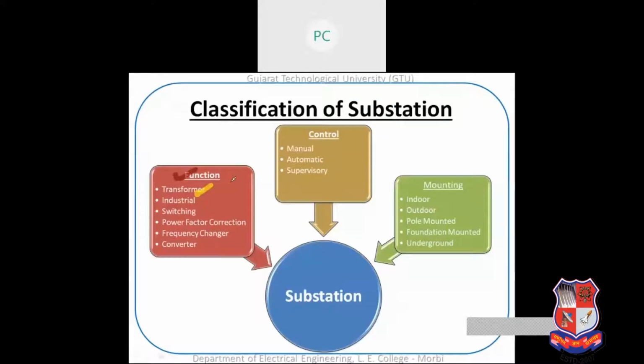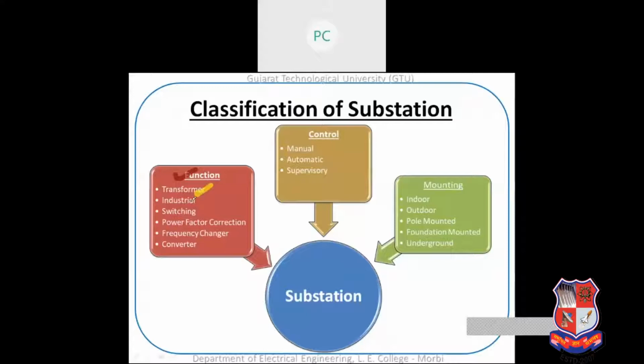Now if you remember the earlier slide, we require this type of substation at the generating station to increase the 11 kV of the generator to a transmission value that is maybe more than 132 kV. Next is the industrial substation. Now what is an industrial substation? Industrial substation means we are placing a substation nearer to the industries. So these are the substations which supply power to an individual industry, and hence they are known as industrial substations.